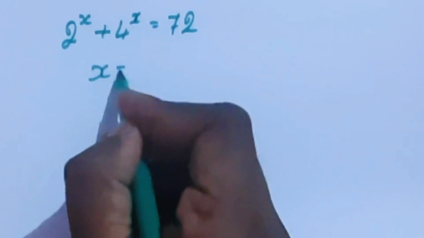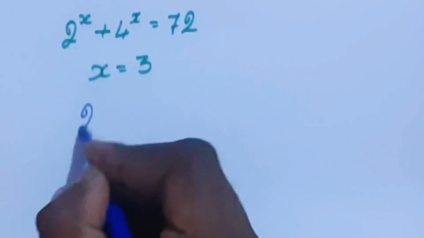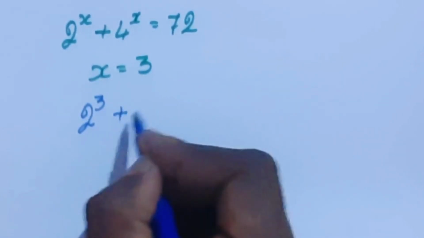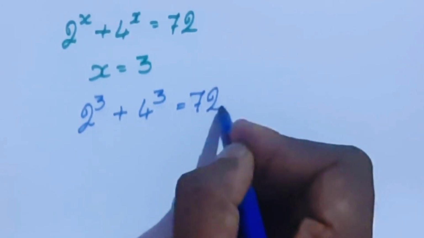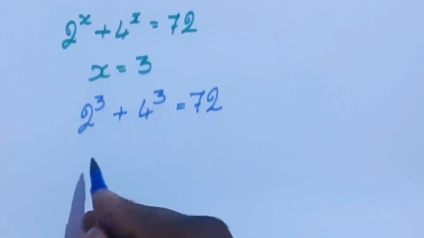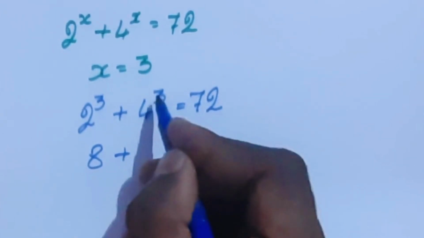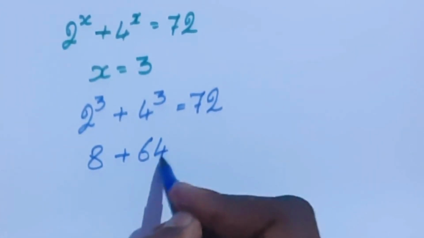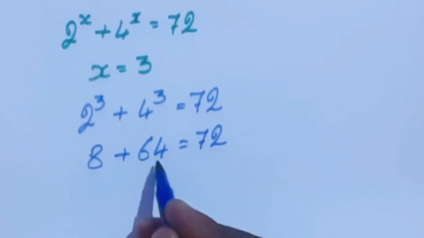Here applying x = 3, in this equation 2^3 + 4^3 = 72. Here 2^3 is 8 plus 4^3 is 64 equals 72. 8 plus 64 is